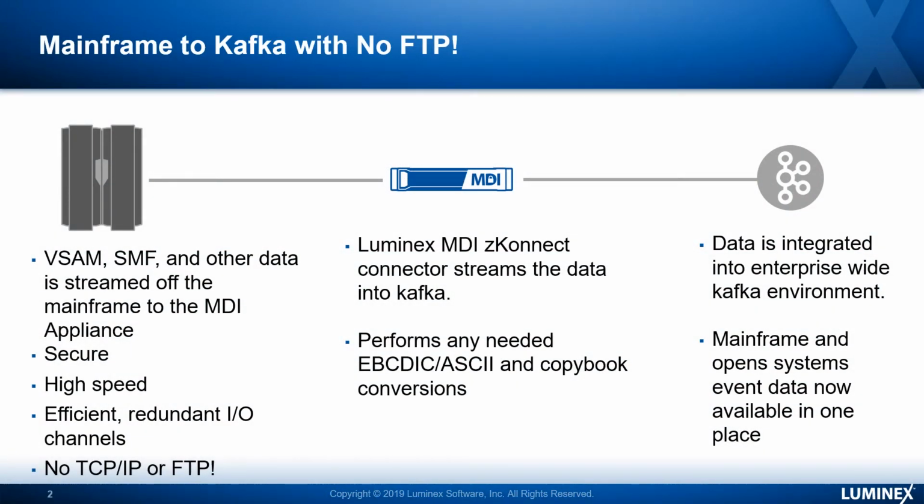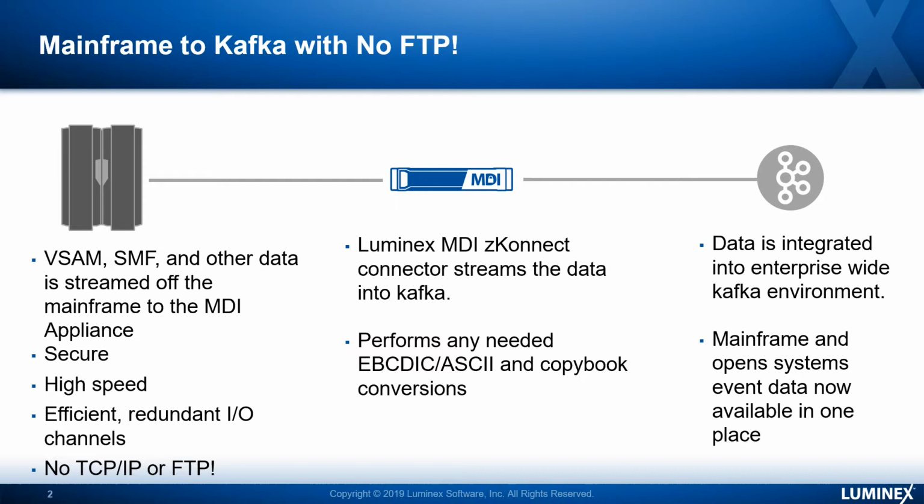First off, there are many different types of data on the mainframe that we can take care of streaming out through the MDI appliance to Kafka. We go through a software product we call the Z-Connect. This connector actually streams the data into Kafka and handles a lot of the legwork. At the same time, our MDI appliance can handle EBCDIC to ASCII translations, copybook conversions, and translations of the data into other formats, all at the same time being very high speed and very efficient with the I/O channels that